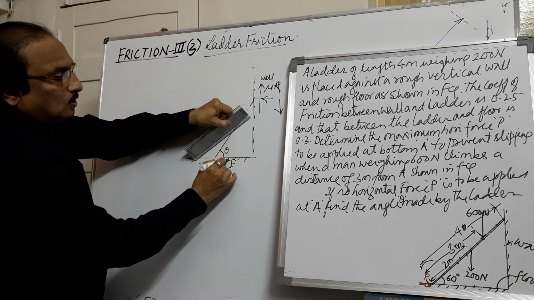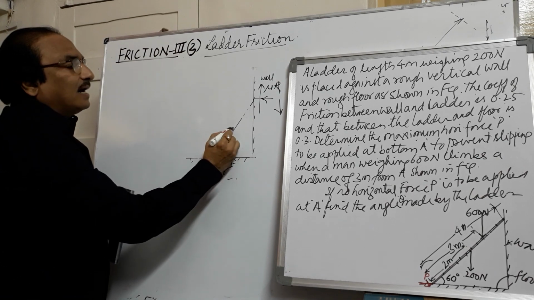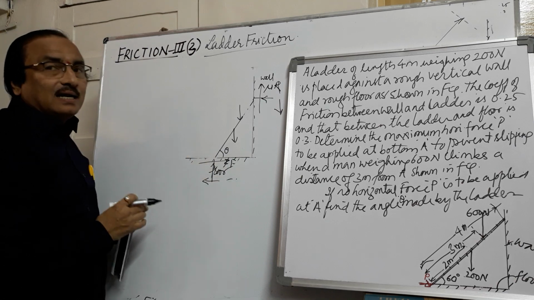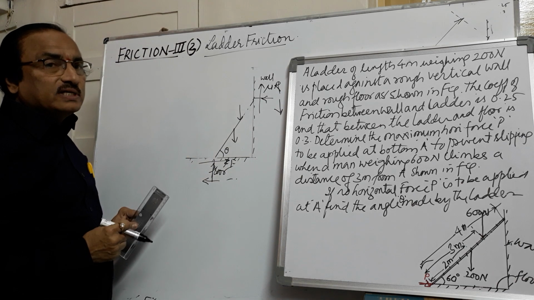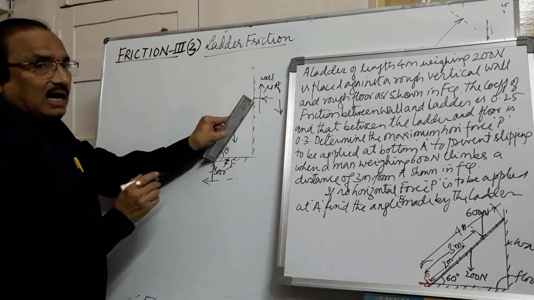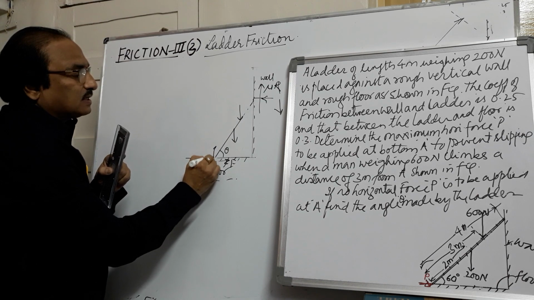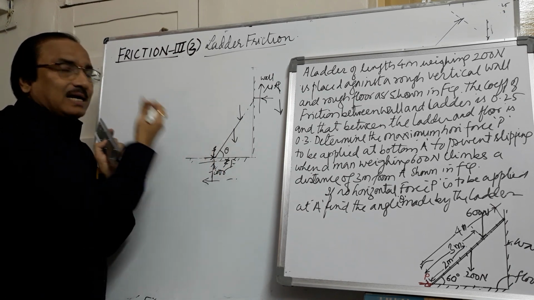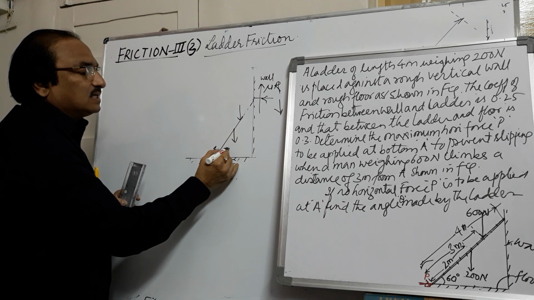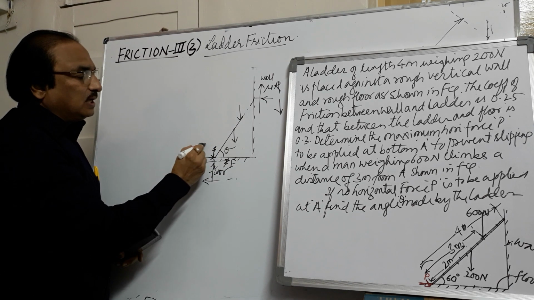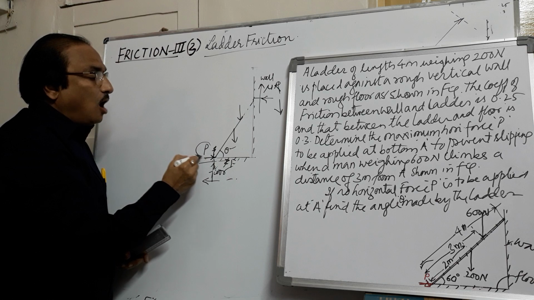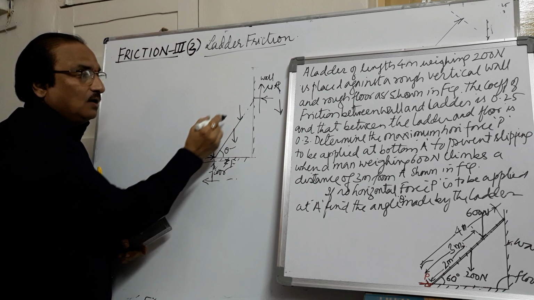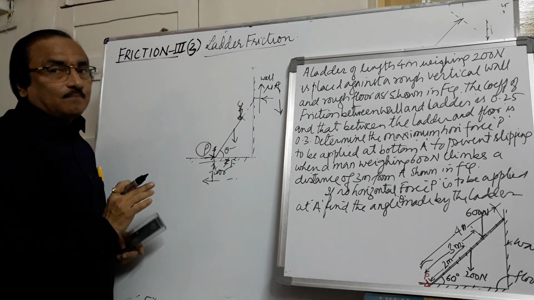be towards the wall. The ladder will have its own weight, the man will be climbing over here, and the ladder has a certain angle. Usually we see that whenever we want to climb up the ladder, we ask somebody for support at the bottom. So a person will be standing here and giving a horizontal force with his toes, so that the ladder will not slip. Suppose the ladder is kept at a certain angle theta, and somebody is supporting here, you are required to find out how much support is required at the bottom so that the ladder will not slip when a man climbs up the ladder.